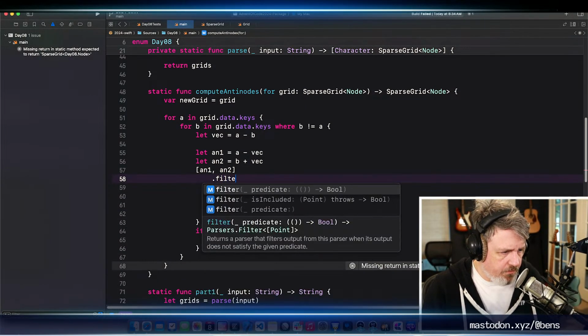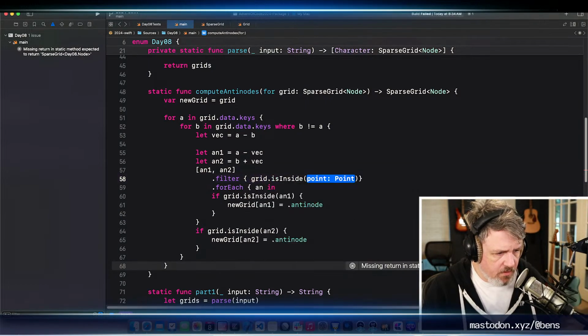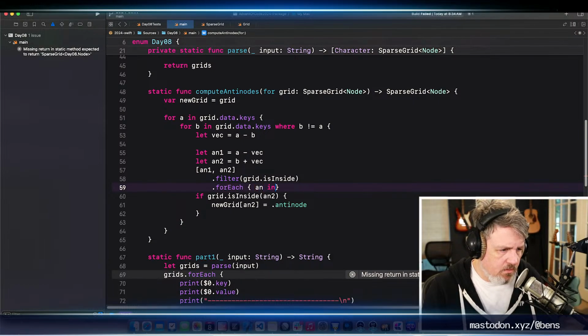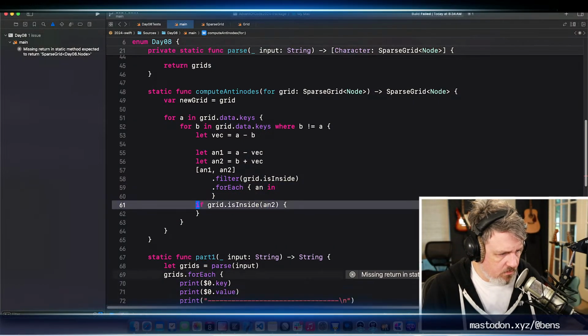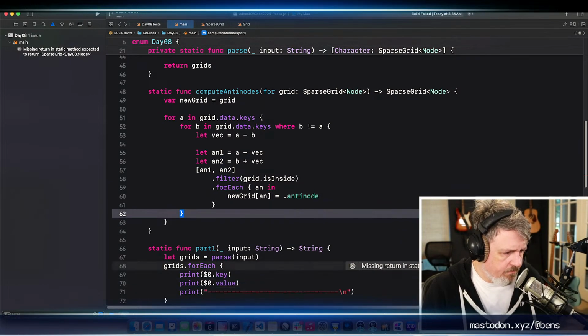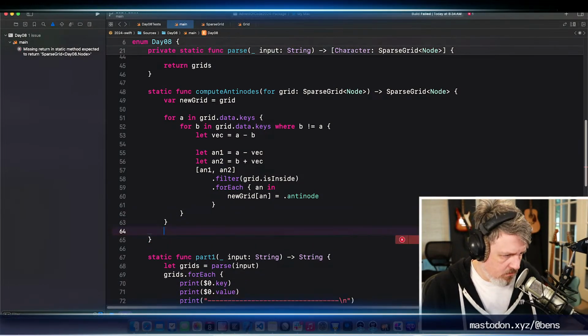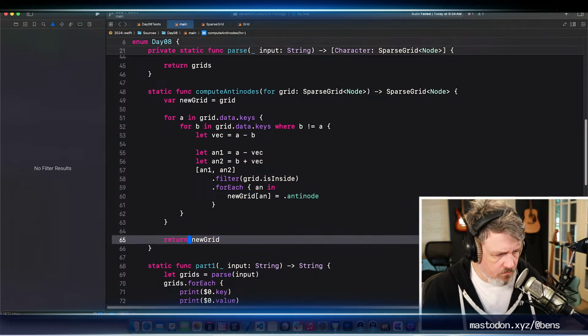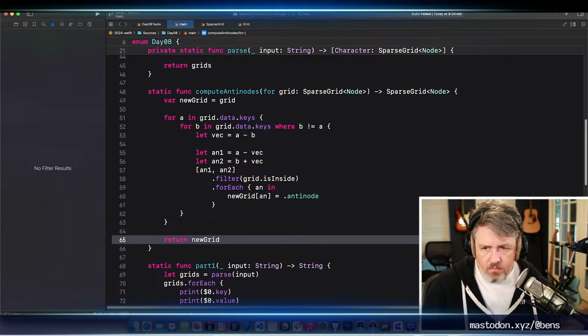Let's do filter grid.isInside, which we can do with this. And then we can, for each on that, new grid AN equals antinode. Okay.